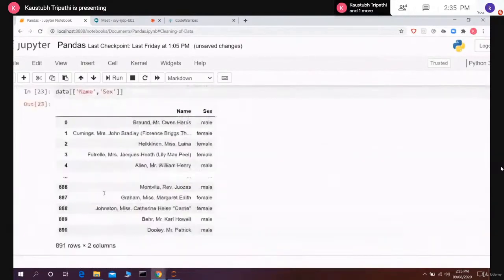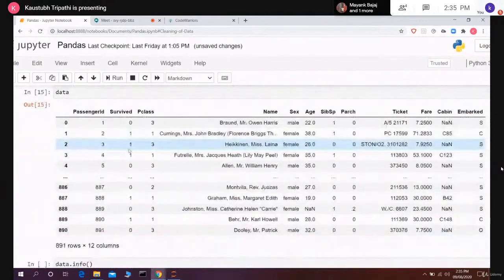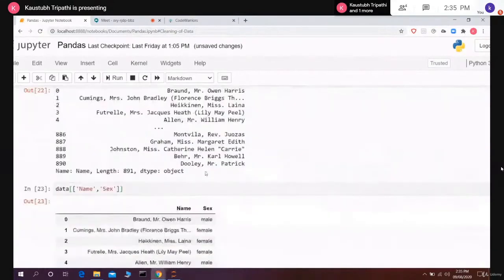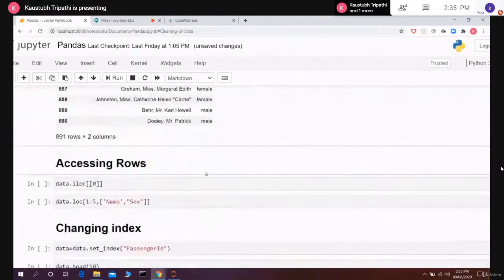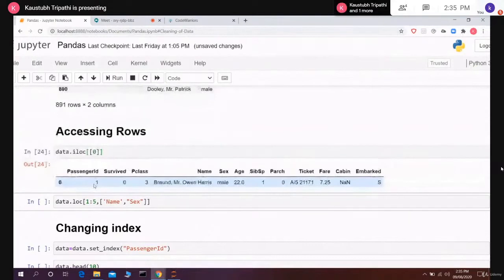Now, if you want to access a row, suppose this is our data and we want to access some row, like I want to access this second row, or I want to access row 886. How am I going to access this row? So accessing rows is based on the index of that row. And there's one method called iloc. The full form of iloc is index location, with the help of using an index. So data.iloc, and we have passed in the index as 0. And now if I run this code, it gives me the 0th index, the complete value of the 0th index.